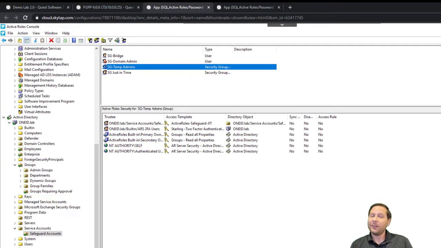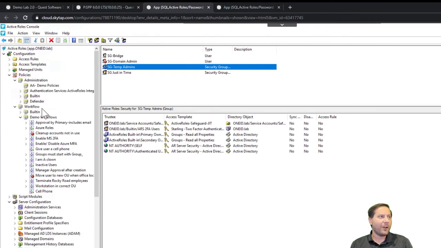And this really differentiates us from a lot of our competitors, because our competitors, maybe they can enable and disable the account, but bringing things in and out of groups is not something they generally do. Active Roles, of course, does a fantastic job of that sort of thing, and we could do a million other things if we wanted to. But we're taking care of that. And let's talk about how Active Roles is in fact actually doing it.